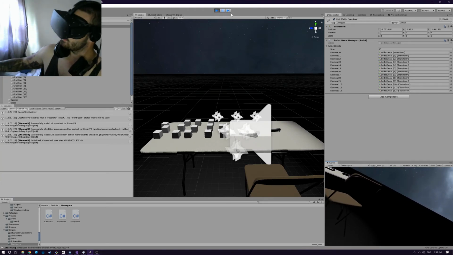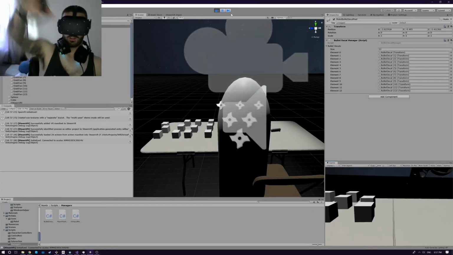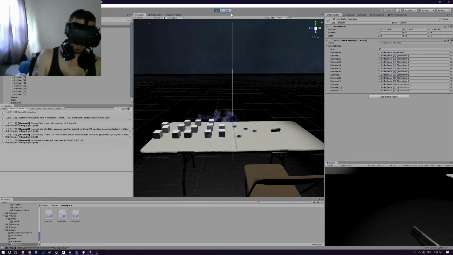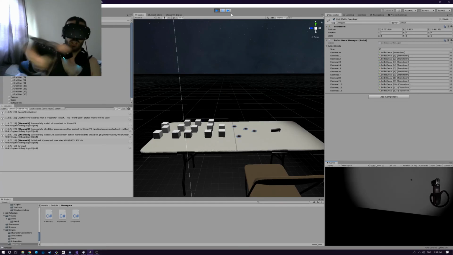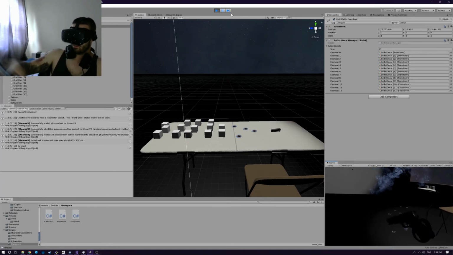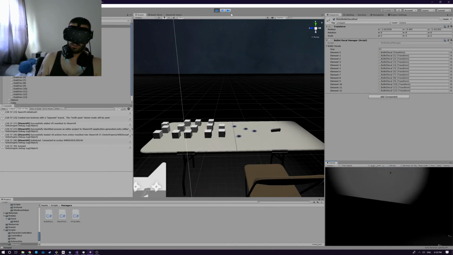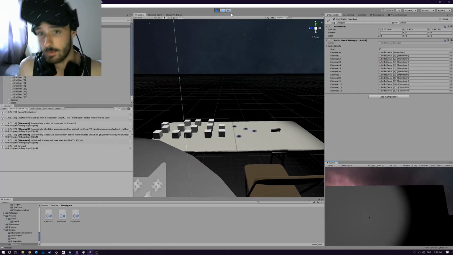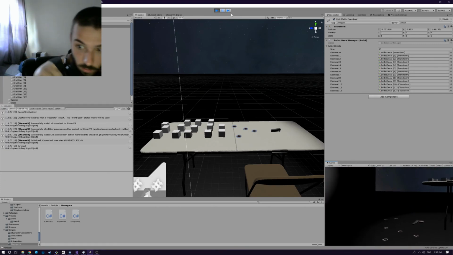One hand, two hands. So yeah, you grab your gun, shoot. You see the way the light is. I've got to fix all that. It's stuff I did in like 2 minutes, so it looks terrible. But yeah, it just creates a decal right where it hits. Pretty simple. Now we've got a raycast system and decal. We have weapon damage too, so we can subtract health, and then we can have damage multipliers based off of what you hit in the future. So it's a nice little basis for one-handed guns.